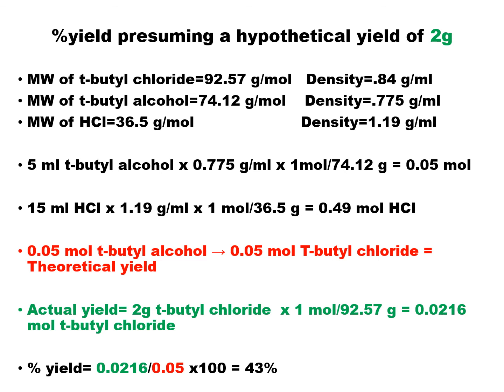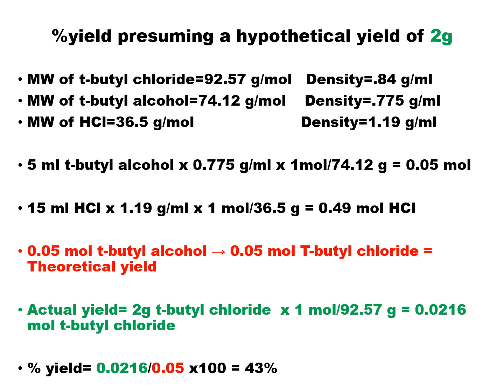And the way to do that is you have to calculate the theoretical yield, because you have the experimental yield. So in this experiment, in the reaction, you saw that 1 mole of tert-butyl alcohol reacted with 1 mole of hydrochloric acid to give us 1 mole of tert-butyl chloride. So this will help you to calculate the theoretical yield, and to do that, because we were using solutions,